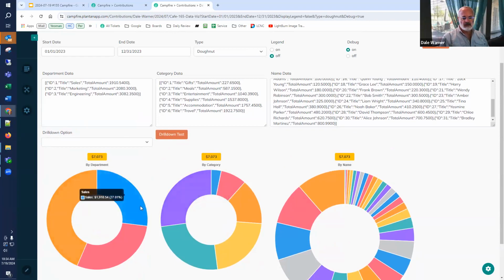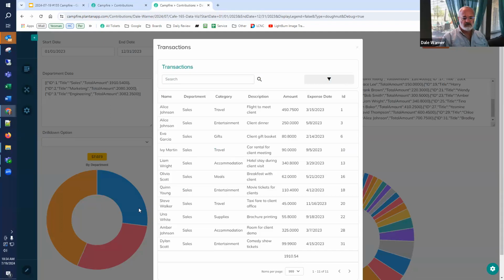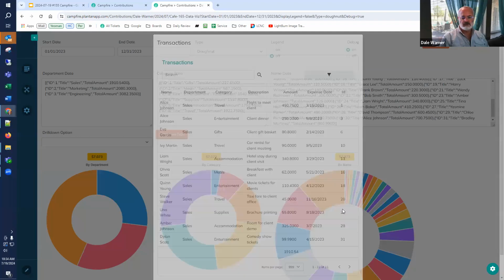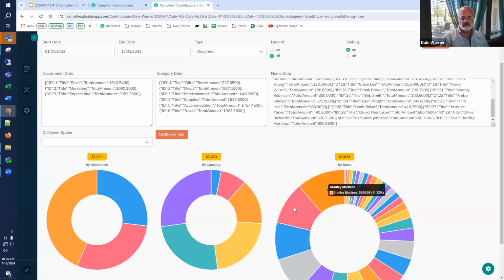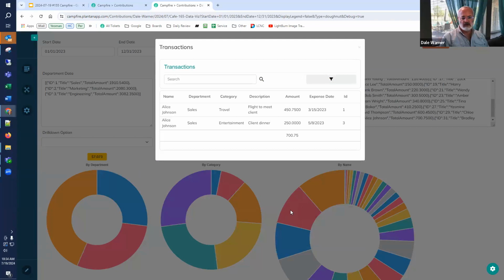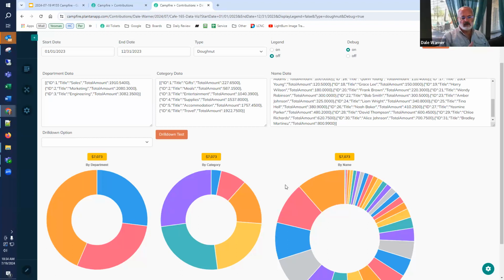And then we illustrated how to do drill downs. If we click on the sales, we get the total from the sales portion of a listing, or if we click on a name, Alice Johnson, we get the breakdown by the name. All that was what we covered in two different sessions of Low Code Cafe, and I just wanted it out here in case anybody needs to do that.